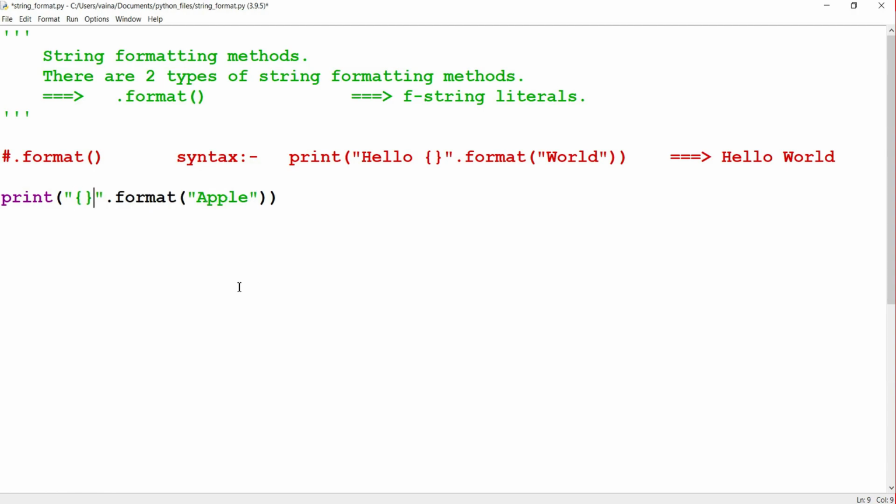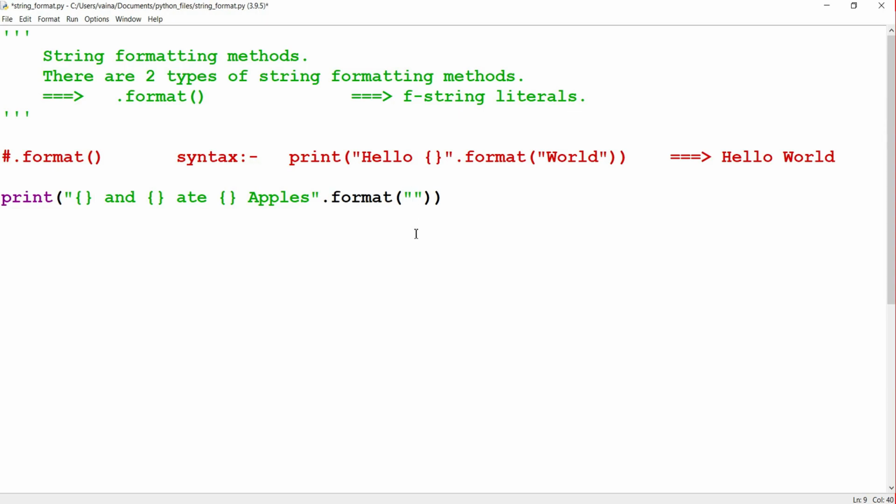We can look at more examples, like we change this string and place a placeholder, another placeholder, ate, another placeholder, apples. If you want to pass multiple strings, here we use 3 placeholders, so we need to pass 3 arguments in the dot format method.